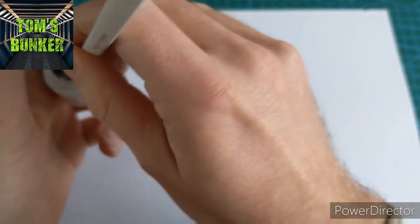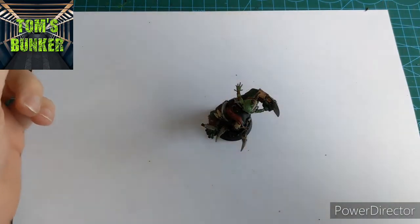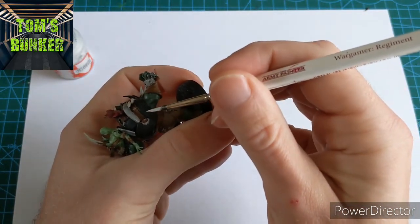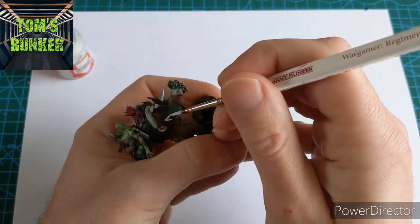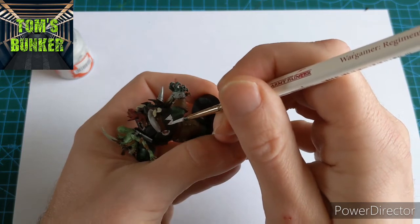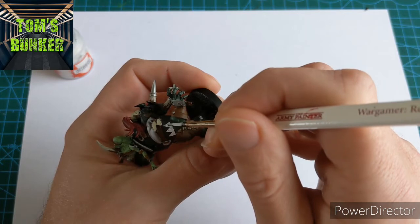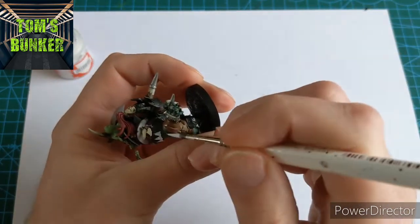So same again, guys. Onto the palette. So of water. What I'm going to do here, on this shoulder pad, I'm literally going to do a sort of zigzag effect. Okay? And I'm freehanding it because he is an orc. And they're not renowned for artistic flair, are they? So